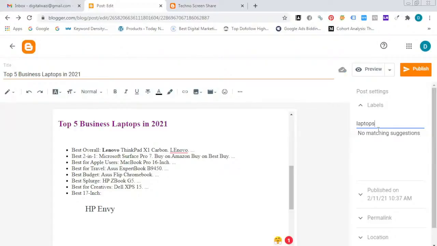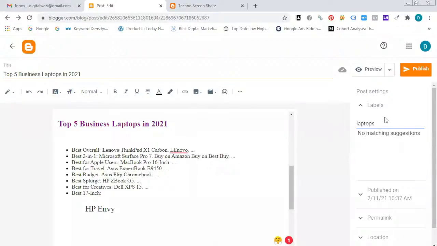You understand what a label name is? A label name acts as a category. It segregates the group of posts. For example, you have different posts like laptops and desktops. Once people click on laptops, all the laptop posts will show in our filters. You observe if you are opening any newspaper website, it shows different categories. Once people click on sports, it shows only sports news. Once people click on laptops, it shows only laptops. The labels act as filter tags and categories.